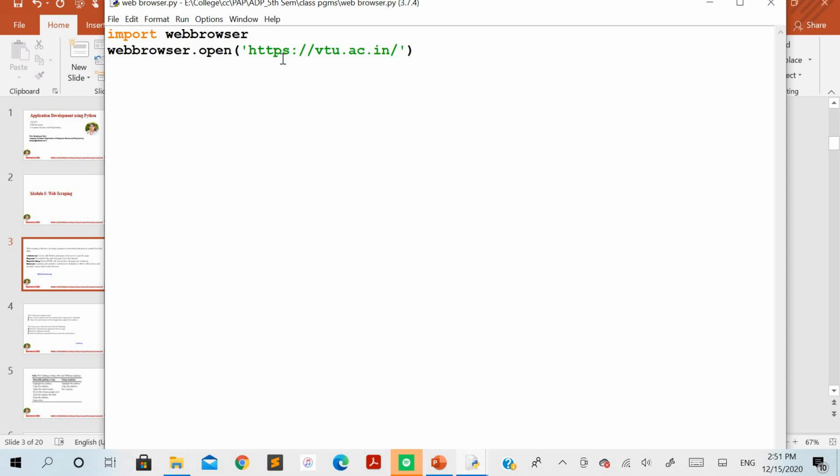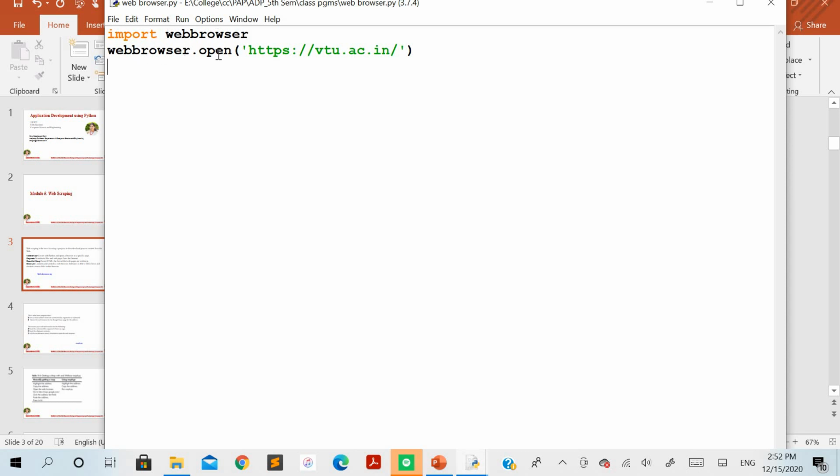In order to get connected to any browser through the Python program, you need to use the module known as webbrowser. For that you need to import that module: import webbrowser. Among this module, the method used for opening any web page is the function known as open, which has to be used with the name webbrowser. If you use only open, it is meant to open a file from your local system, but here you want the open method to open web pages through the browser. That is done with the webbrowser module, which you have imported in the first line.